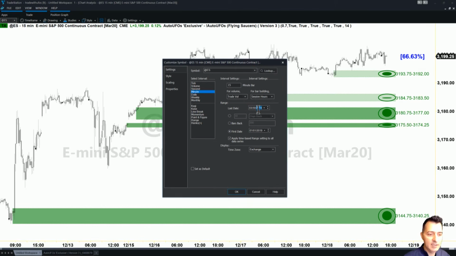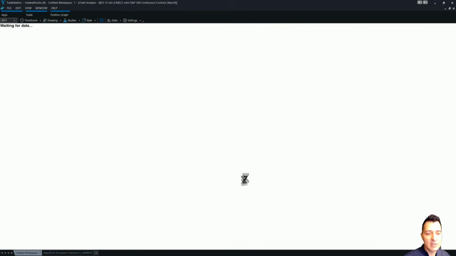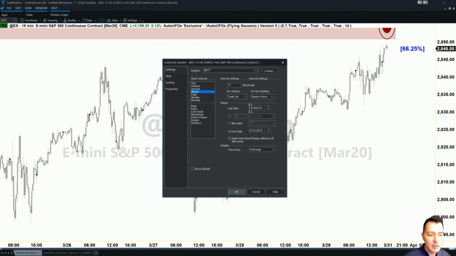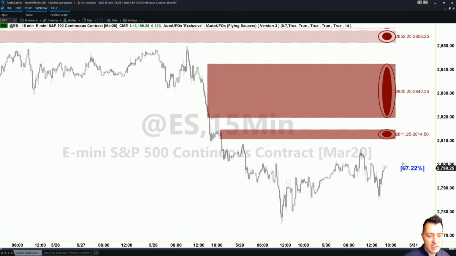Okay, to March 19. What if I trade it 3 months? Is it going to be 66 or is it going to change a lot? In 68, it's still the same. What if I trade it from April to May, only 1 month? So is it going to change a lot or is it going to be the same? 67%. And by doing this, you can see the results are quite similar, so then you will be